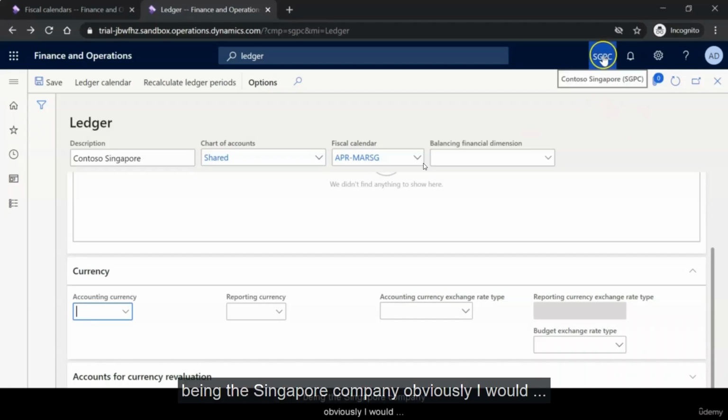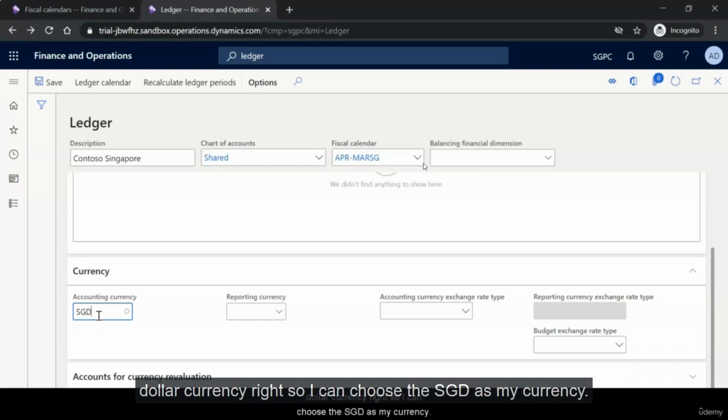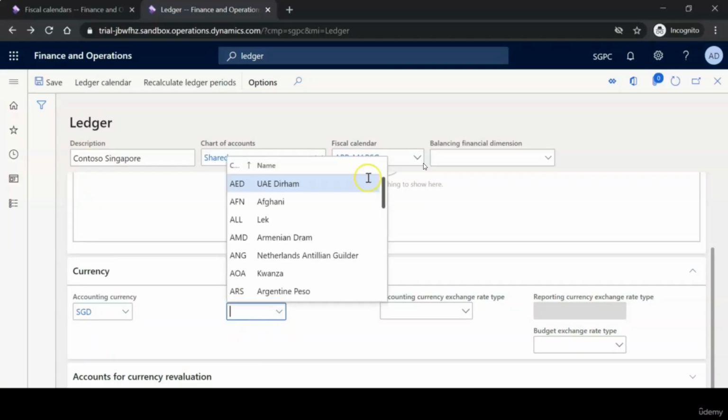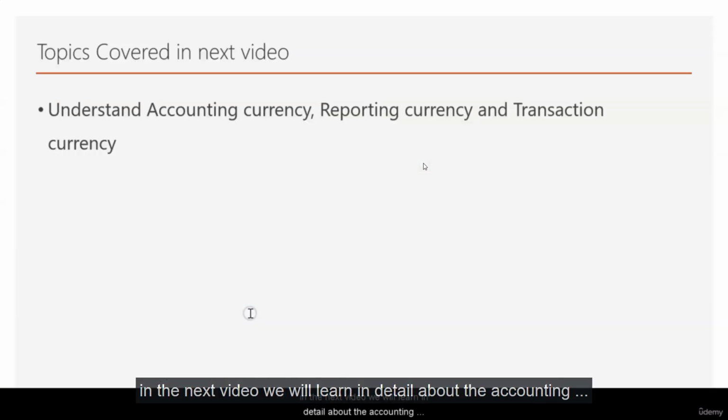Being a Singapore company, obviously I would want the accounting to happen in the Singapore dollar currency, right? So I can choose the SGD as my currency here, and in my reporting currency, I want to keep this as USD for now. In the next video, we will learn in detail about the accounting currency, reporting currency, and